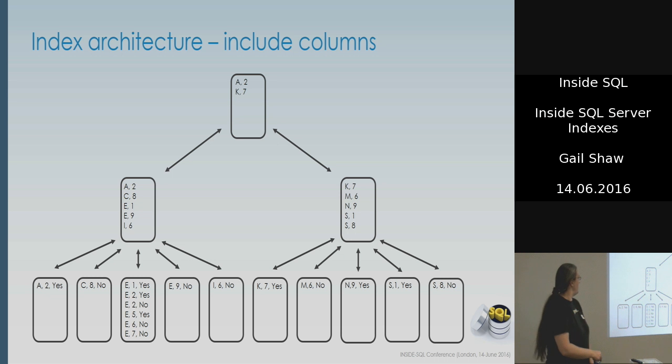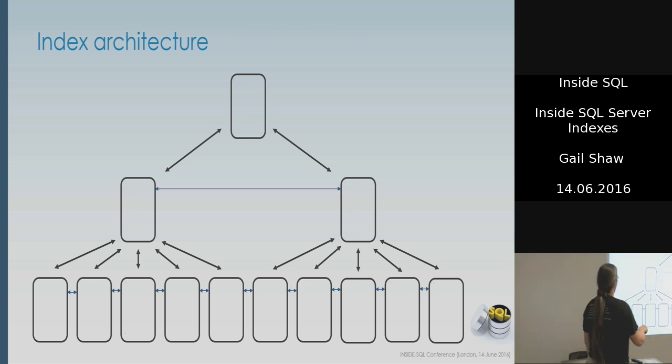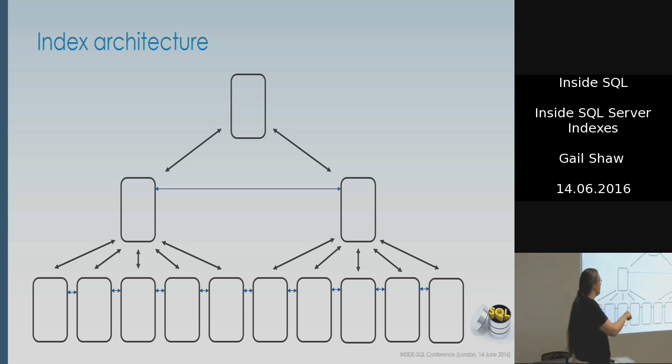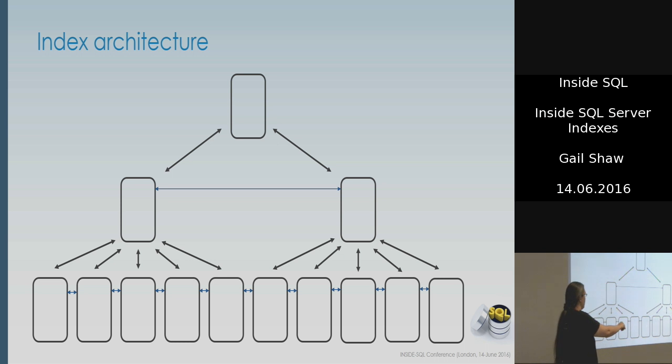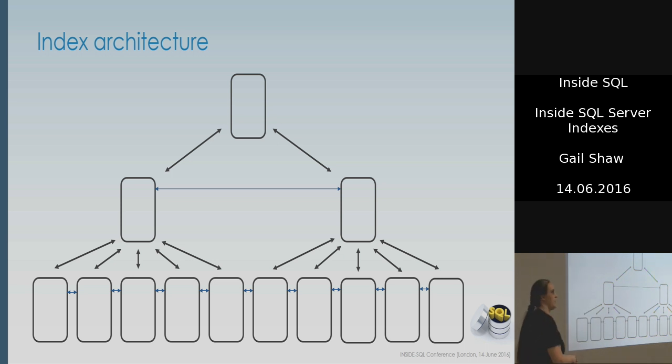Right. A few points. This is logical ordering. This does not in any way mean that these pages are physically contiguous to each other. This page could be in file 1, that page could be in file 4 for all I care. This page could be the first page in the file, that page could be at the end of the file. It doesn't matter. These are indicating the logical order of the index. An index is not persisted in the file in physical order,